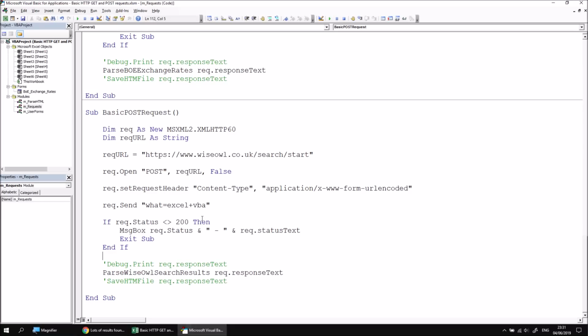So feel free to play around with this. You might want to create a user form perhaps, or a simple input box. You could use the encode URL function again, which is probably a good idea in fact, isn't it? We should really be concatenating this and using the worksheet function